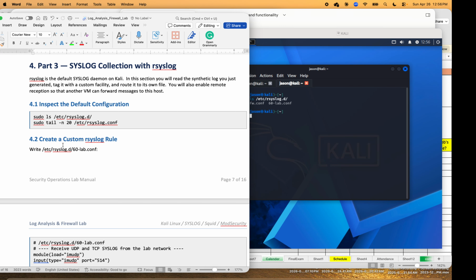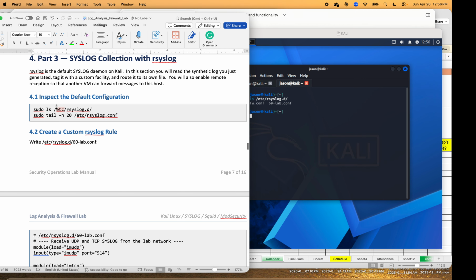Okay, let's move on to part three. There is a certain significance to the /etc directory. That is where all your configuration files are going to go for really any service or program that requires listening. Any server type program like Samba, Apache 2, or anything like that is going to have configuration files. The configuration files tell the server what to do and what to listen for and what port to listen for,